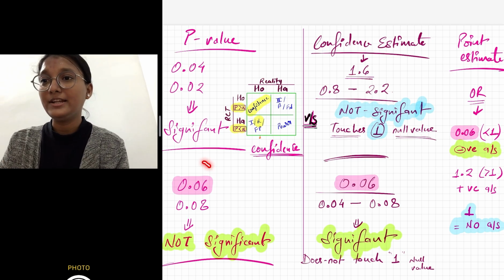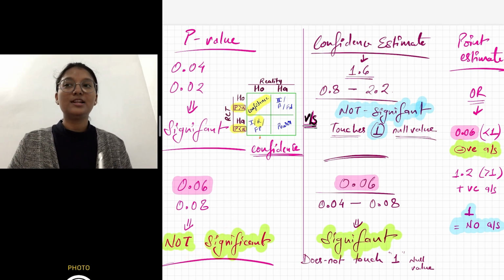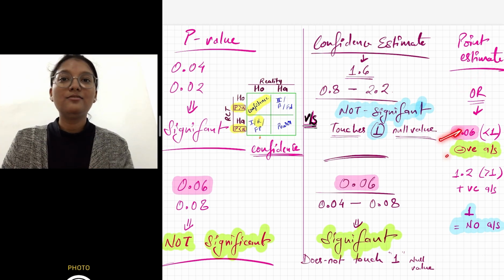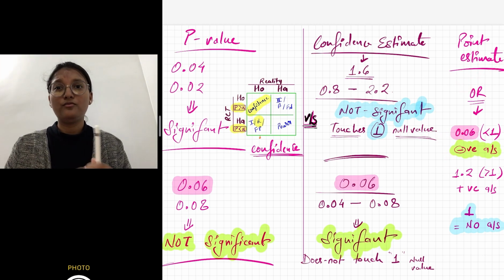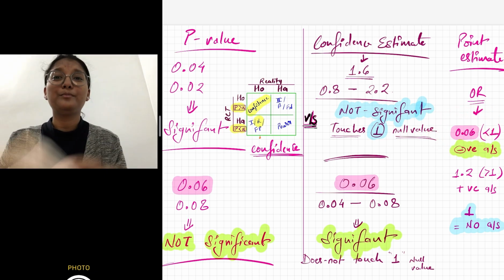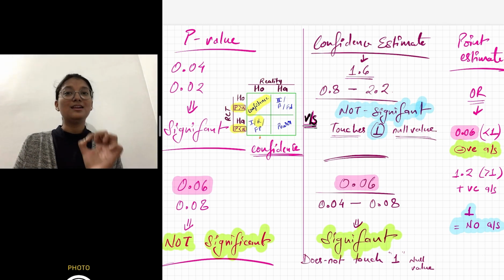Now another thing, this p value, less than 0.05 is significant and more than 0.05 is not significant. So the interpretation of this 0.06 is non-significant. But when we talk about odds ratio, it is completely different. In the odds ratio, less than 1 is negative association. So what does this 0.06 in the odds ratio mean to you? It means negative association.